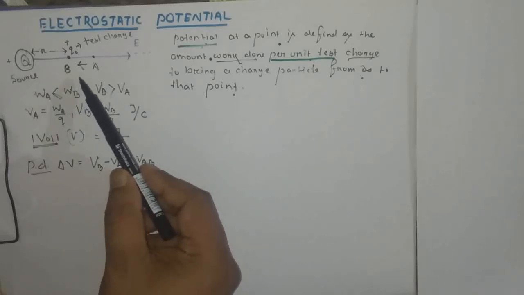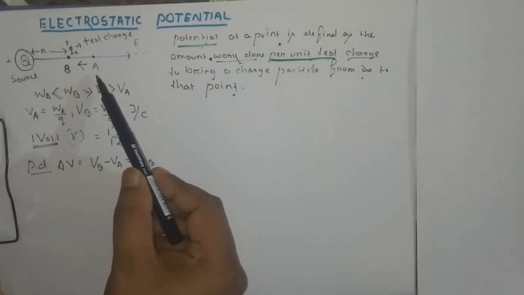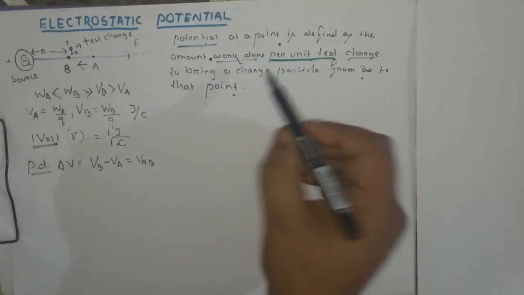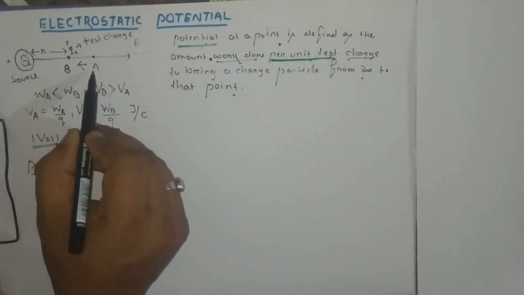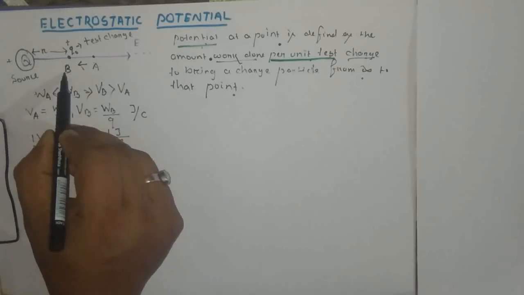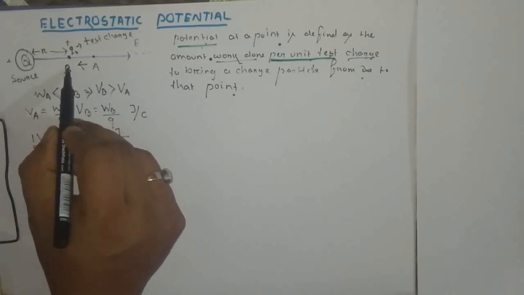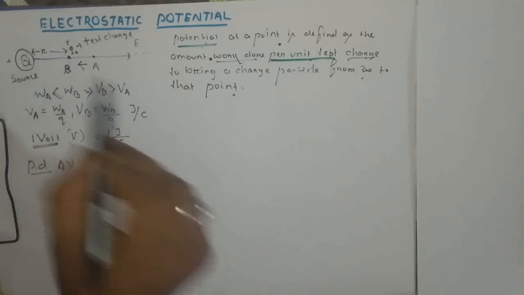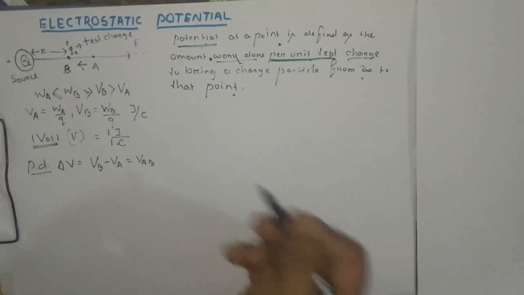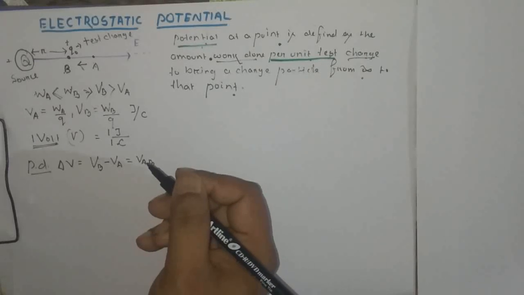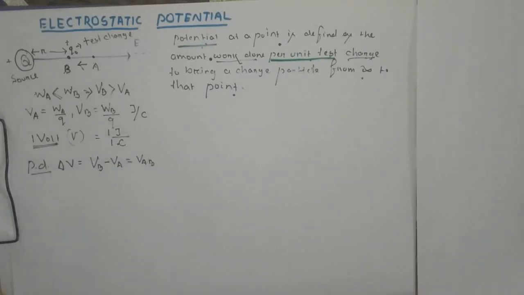The amount of work done per unit test charge to bring a charged particle from a lower potential to a higher potential, or from one point to another point, is known as potential difference, that is VAB. In this case also, similarly, what is 1 volt potential difference? 1 volt potential difference is,